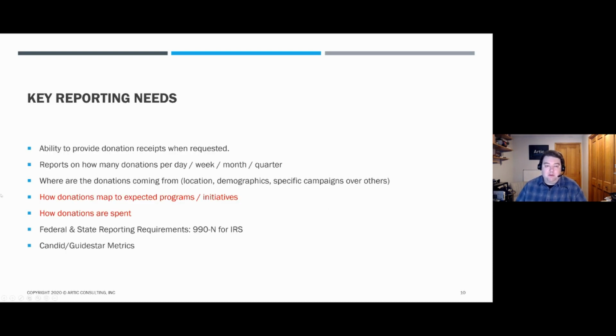Next, I want to talk a little bit about reporting needs. So if you're a nonprofit collecting donations, what are some of the things you should be reporting either internally or externally? So I mentioned giving donation receipts out. That's just a core thing. You need to have the ability to do that, especially if it's way after the fact. If someone comes to you a year later and says, hey, I was at this event a year ago and I donated $20, I never got a receipt. Can you give me a receipt now,